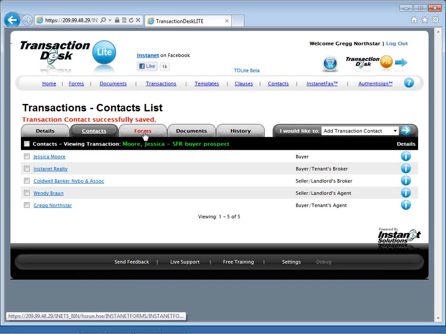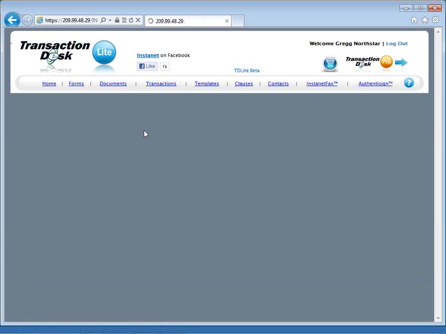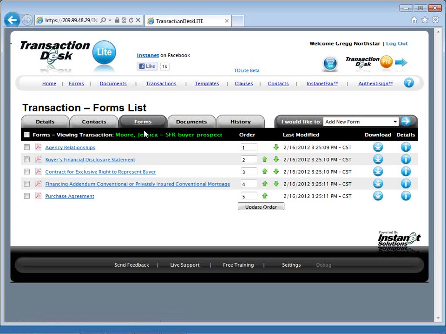Next functional tab, Forms. Clicking on the Forms tab, bam, forms automatically added, pre-filled so far. So what's our next step? Crucial step. We're on the functional tab of Forms, the choices within the Forms tab,